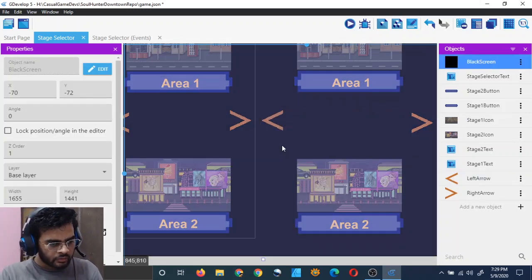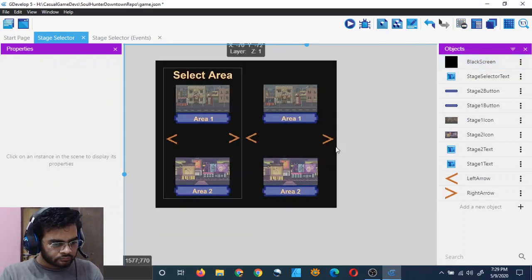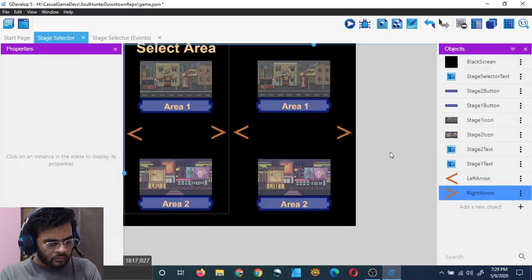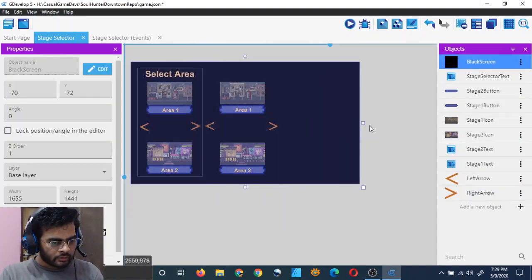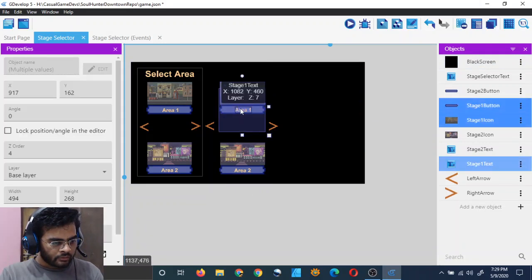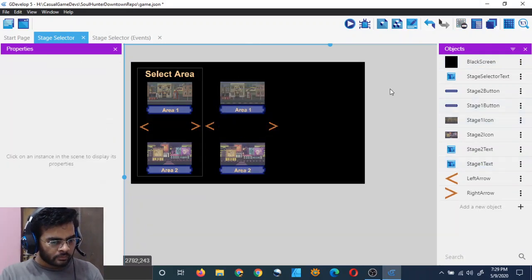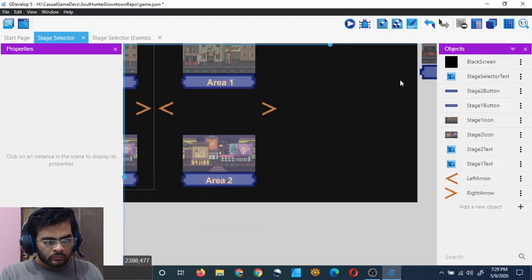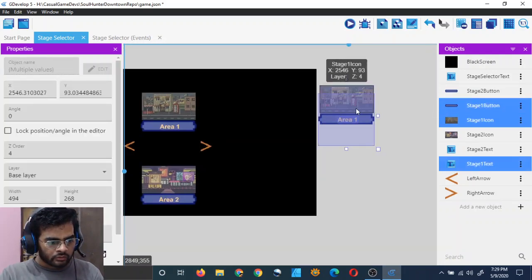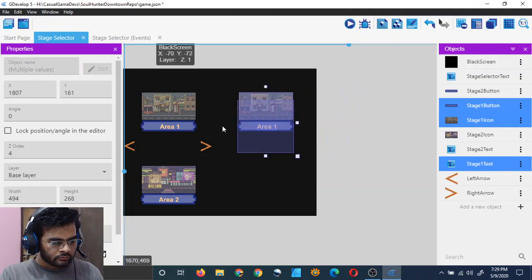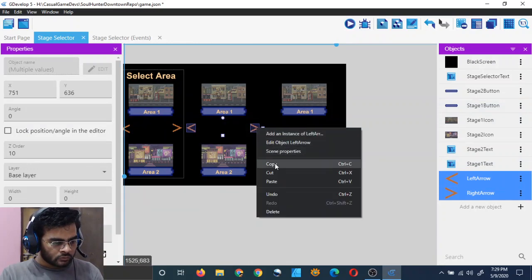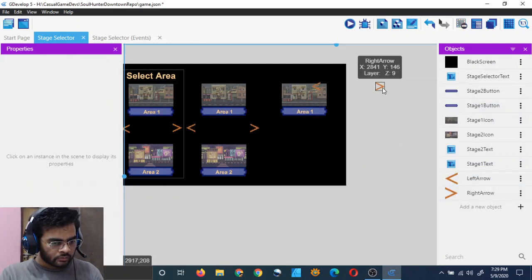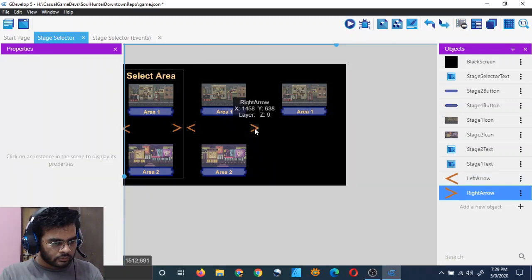Bring that to the same height. Yeah. This one too. Yeah. So and then extend it a little bit because we have 5 stages. And then copy this one again. Copy and paste. And just select all of them and bring it here. And also bring these. Copy and paste.